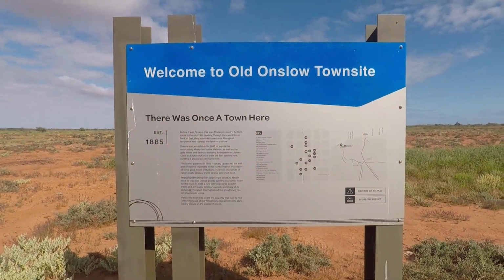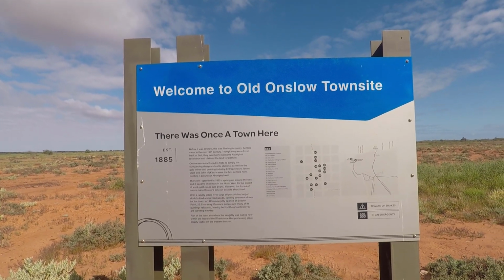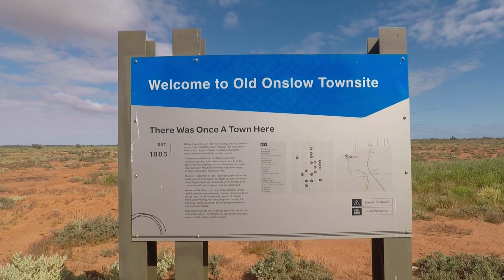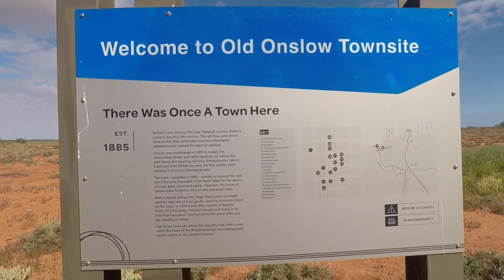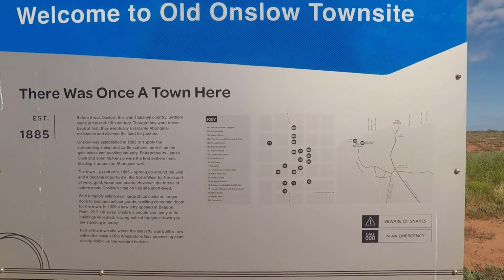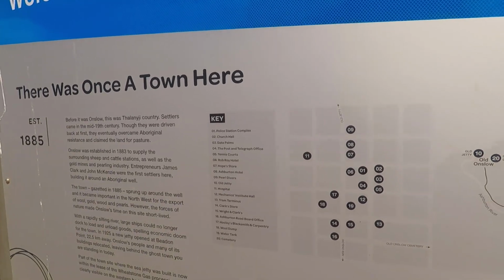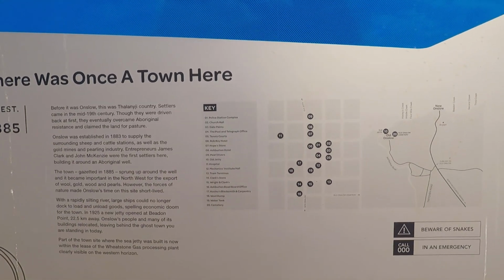Well, this is the site of the old Onslow town site. And this plaque has been erected to show everything, show where we all are. There's the turn off. The cemetery was just there, which was just back on that other corner. So there's a whole range of